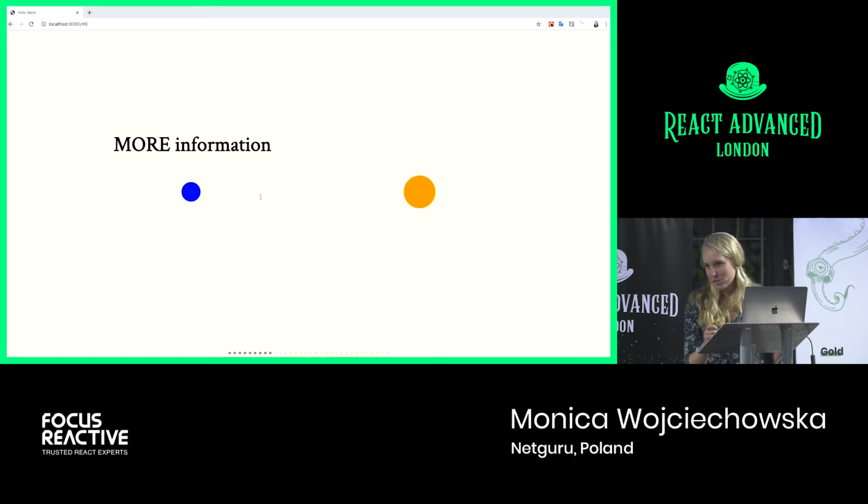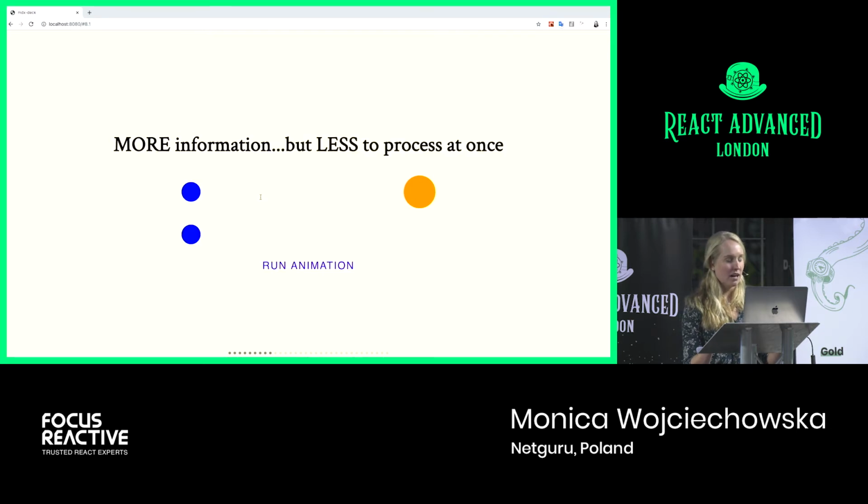So in essence, what animation really provides is more information. It's not just the snapshots of reality, but their collection. But the beauty is that it does this with less to process at one given time. So for example, without animation, we see that we have two separate objects, a smaller blue dot and a larger orange dot. With animation, our eyes just need to focus on that one object, and it's no longer about just this first state and the second state, but it's about the relationship between the states.